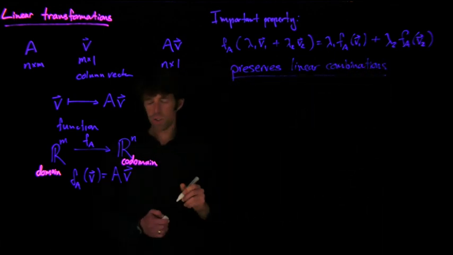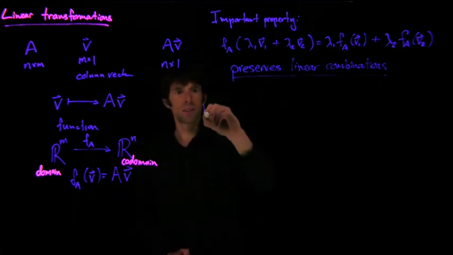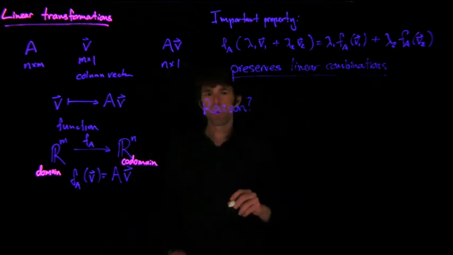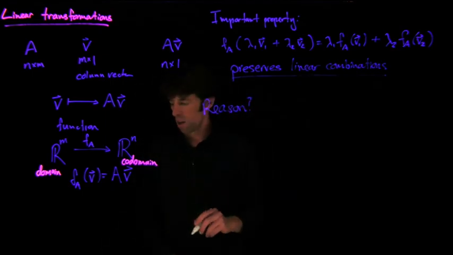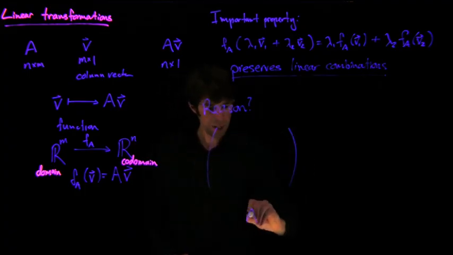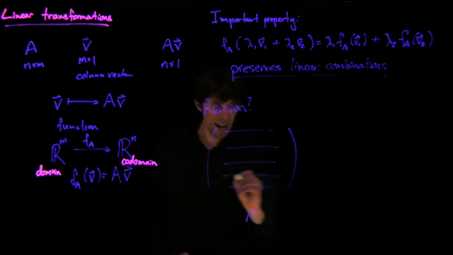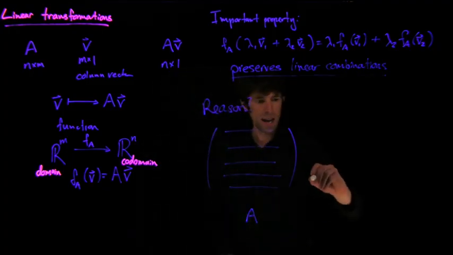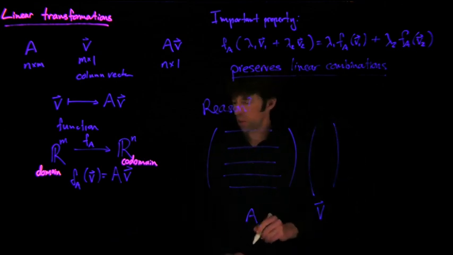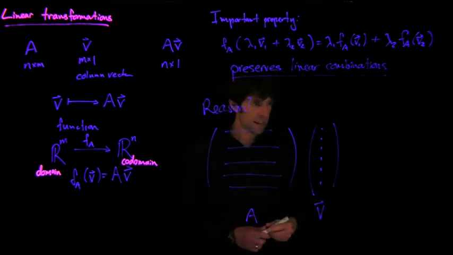This is a super, super important and useful fact. Why is this? What's the reason behind this? Well, you go back to the way matrix multiplication was defined. So if we have our A matrix, and I'm going to think of it as a stack of rows, and we've got our v vector, which I'm going to think of as a column vector,